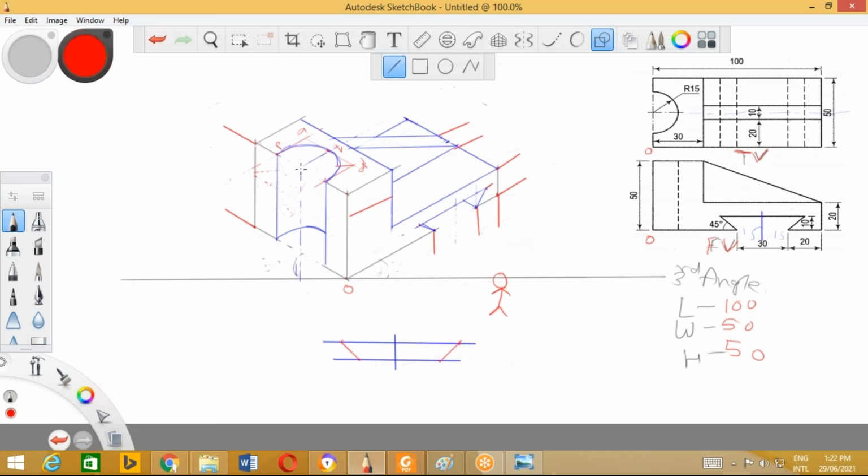30, R15. So only R15 is remaining. From this center, R15 is to be shown. So 10 millimeter, total 15 millimeter. So total is 50 millimeter.